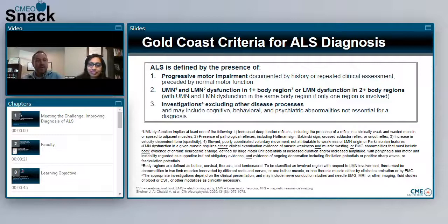But this is an effort to take away the 3 steps and the 3 categories and just classify people as yes or no. Do you have ALS or do you not? And so it is now just a clinical diagnosis, not a categorization process. And the way they're going to define it through this criteria is anybody with progressive motor impairment, documented either by their history, so they say they're getting weaker, or by repeat clinical exam, and they previously had normal motor function. So that's pretty broad range. Anybody that's getting progressively weaker,